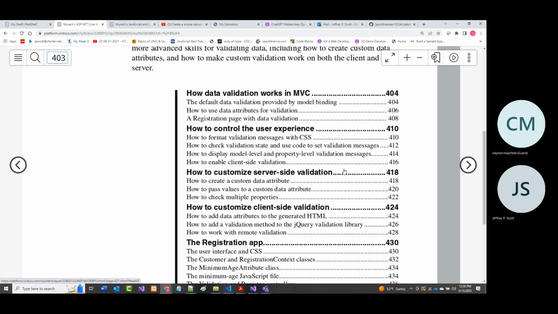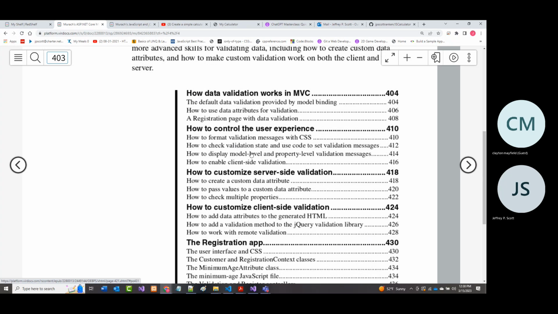Now, the next thing is when we start to get in here. Again, why do you validate? You want to make life as easy for the person running the program as possible. That's not all of it. You also want to make it as easy as possible for the actual server itself. What do I mean by that?